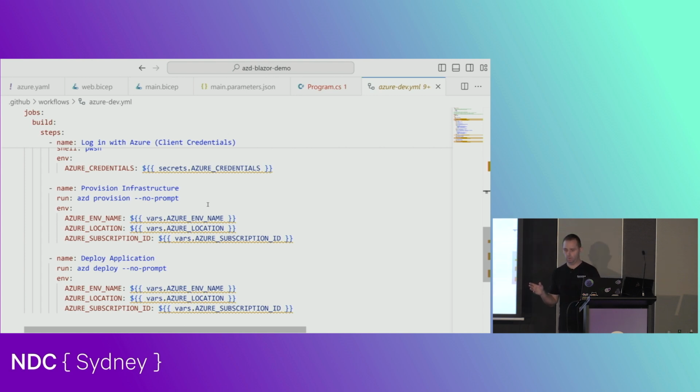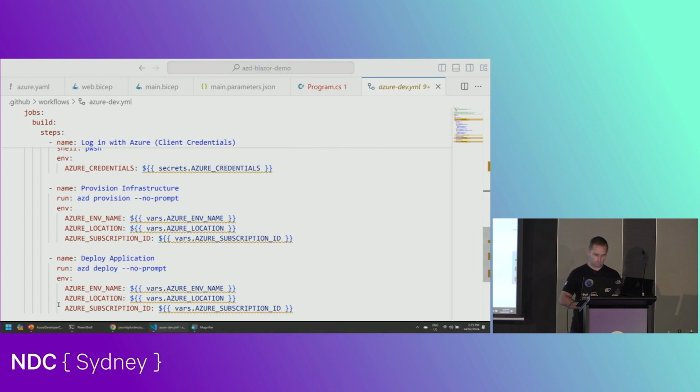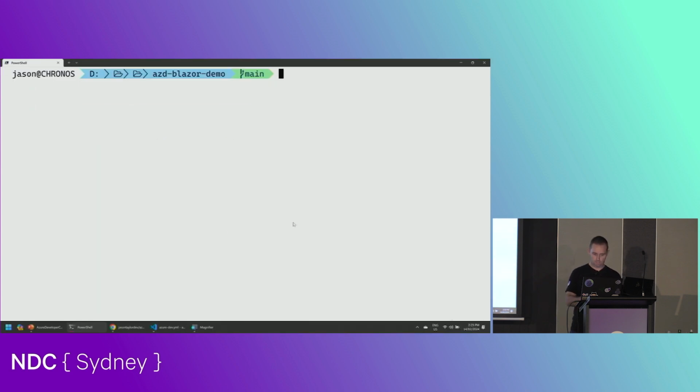We need to go to Azure and set up a service principal and set up some federated credentials, 2 sets of federated credentials, which I've done before manually. I'll show you how to do it with AZD, and there's only one thing you need to remember. So if we go to this project, AZD pipeline config, we could run help. We don't need to run help today. We need to specify the auth type that we'd like, and I'm specifying federated, the alternate option is client credentials,